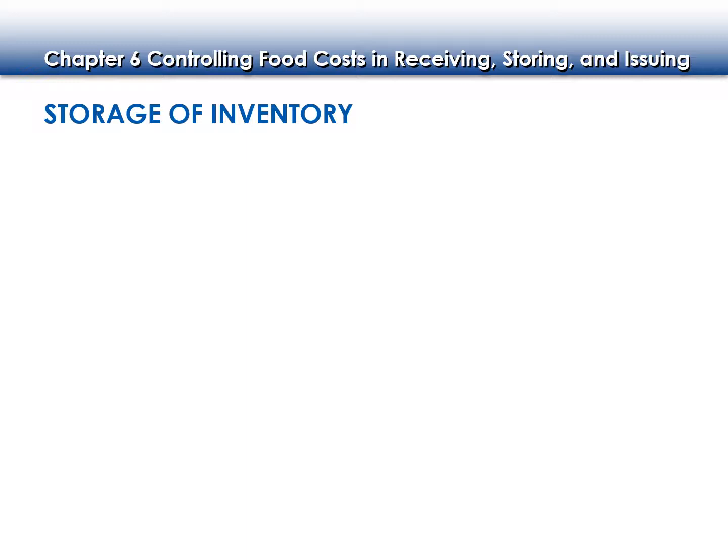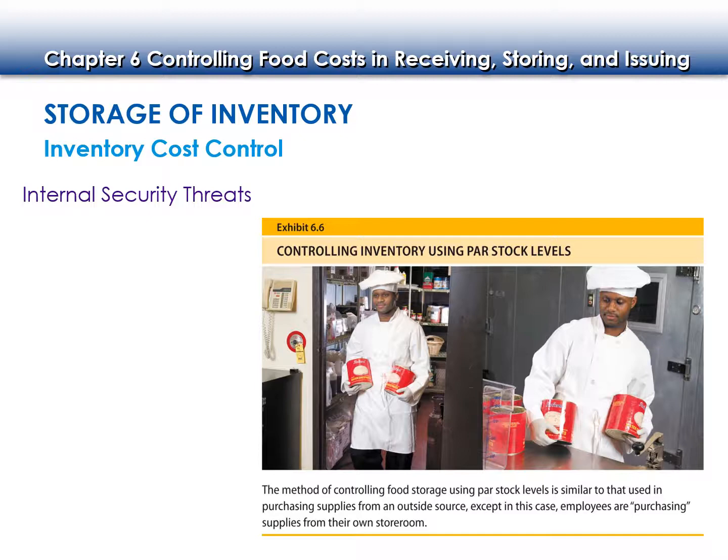All right, so that's receiving. Now we're talking about storing our inventory. Okay, storing our inventory. We have internal security threats to our inventory. Our inventory is dollars. Okay, it is money. We've paid for it. It's sitting on our shelves. If it walks away and we don't sell it, if we don't use it to sell anything, our food cost is going to go sky high. I'm not actually getting revenue for that product. Okay, and so if product is just walking out the door for whatever reason,